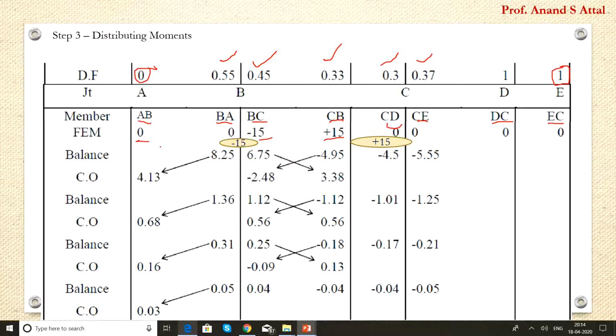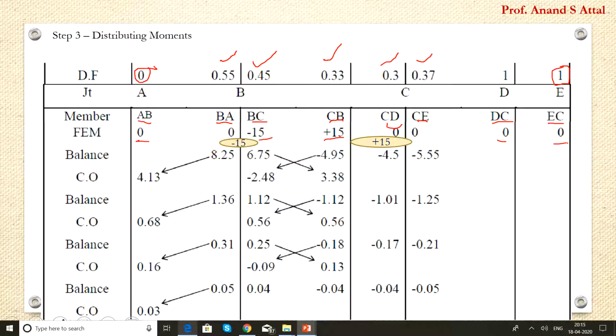Then we start distributing the moments, as in the initial table we have written. For the starting, as I have given the hint, we should look first at hinge and roller supports. In the given problem there is a hinge support at D and E. We need to start from there, but the fixed end moment at D and E is already a 0 value, so we don't need to balance it. Automatically our first step has finished.